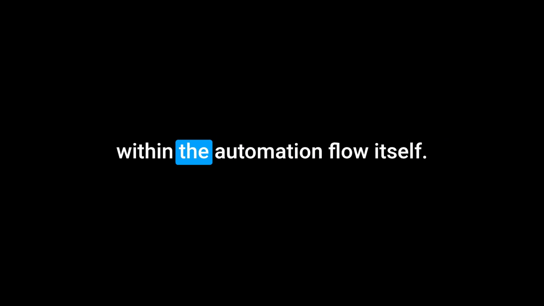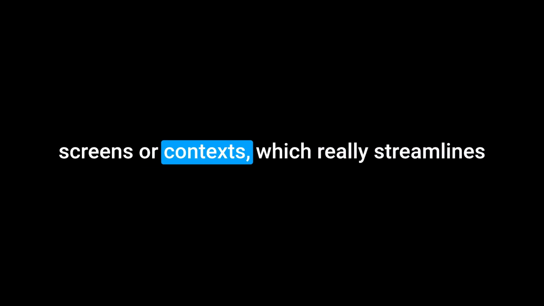And here's a neat trick that saves a ton of time. Ooh, tell me. You can draft emails directly within the automation flow itself. So no jumping back and forth to the email editor. Exactly. It eliminates the need to switch between screens or contexts, which really streamlines the creation process significantly, especially for complex sequences. They also offer a library of pre-built automation templates to get you started quickly. And on paid plans, you get unlimited workflows, so you're never restricted as your strategies get more sophisticated.